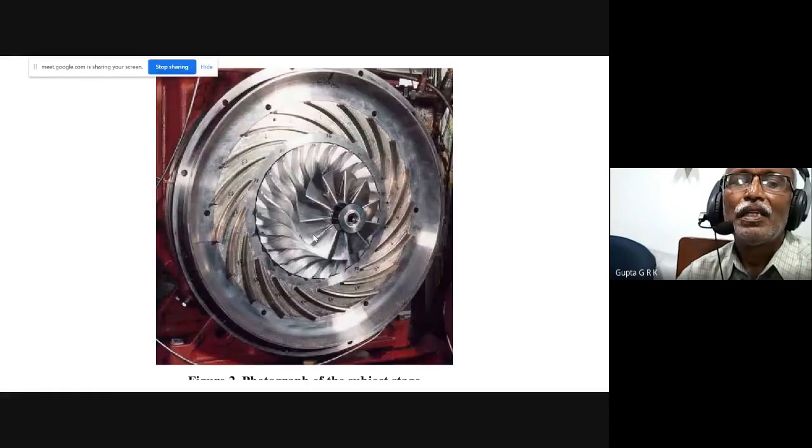And between the impeller and the diffuser, there will be some distance. This is called vaneless space. And this is called vaned diffuser. If these vanes are not there, just area increases. That is called vaneless diffuser. So these vanes may be there or may not be there. If you want to have high efficiency, I should have vanes, but it increases the expenses also.